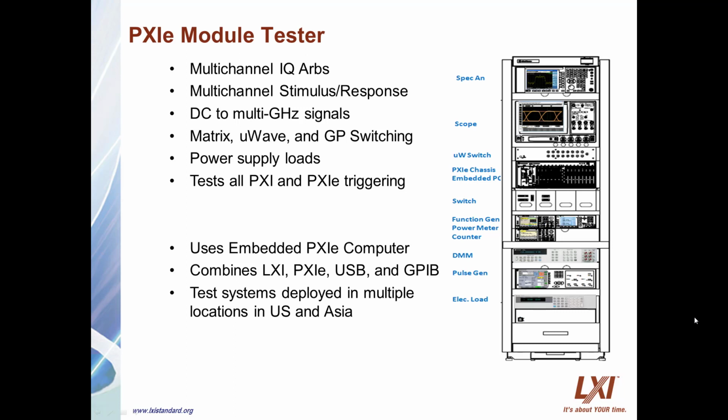This particular system also has electronic loads for testing module power supplies, which requires significant power dissipation and dictates a standalone solution. The combination of measurement needs has resulted in a hybrid system where there is one USB and two GPIB devices, with the rest all LXI. The test system utilizes an embedded computer in the PXIe mainframe, which controls all the instrumentation in addition to controlling the PXIe modules using IVI drivers and sometimes direct control using the SCPI